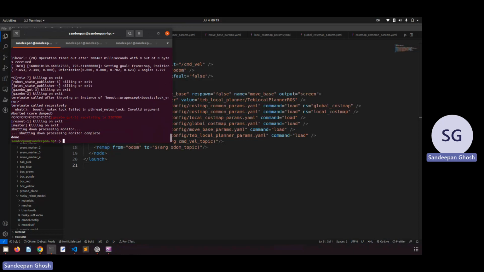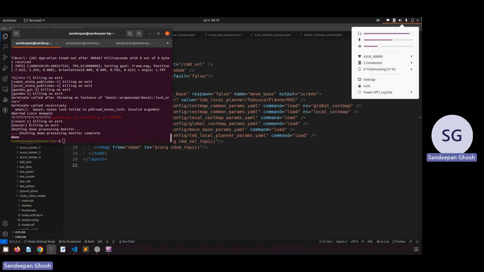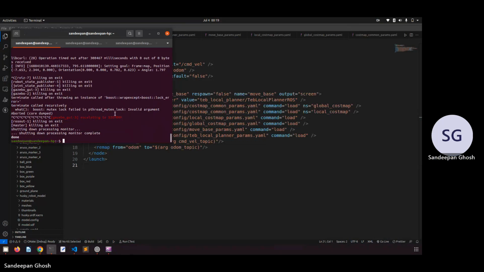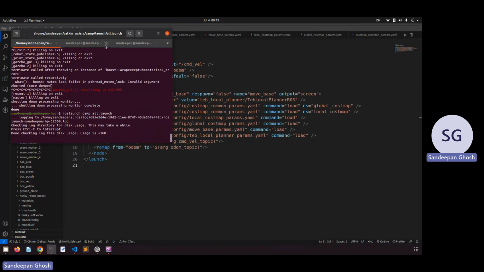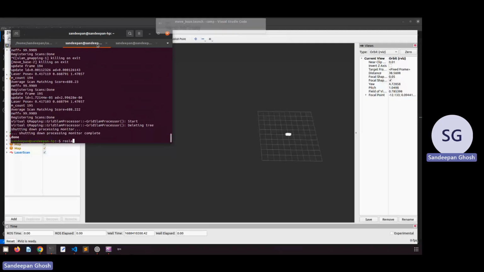Say we have a fixed map, a static map. We're not generating the map as we are moving. I'll just show you first. The same thing again: we just launch the URDF, and then you launch